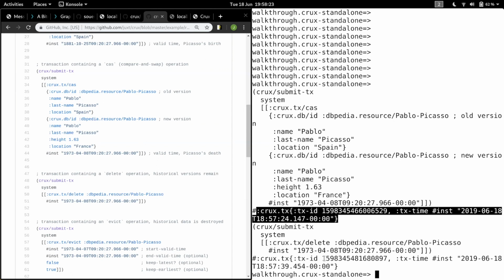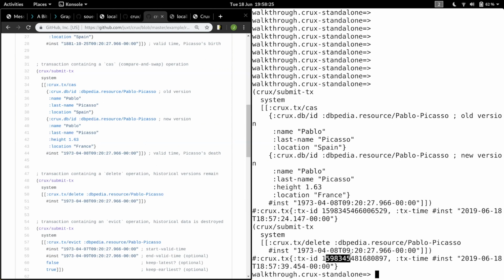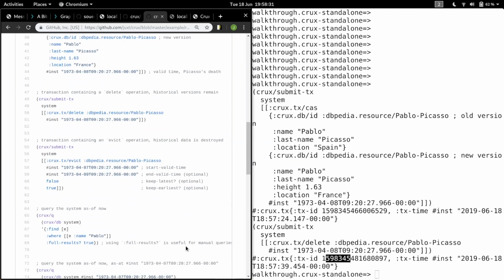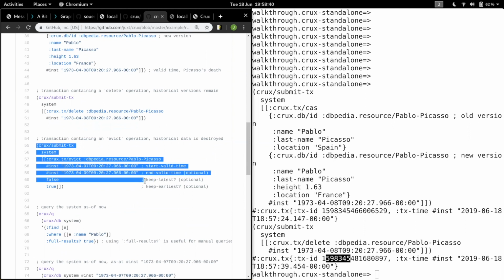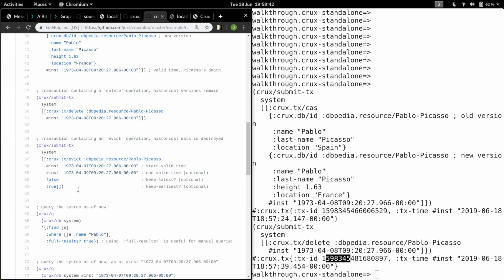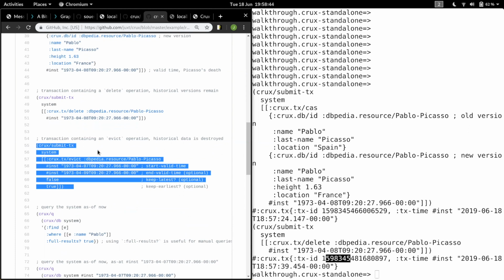And we know this worked because if it hadn't worked, we wouldn't be getting new transactions. So the transactions are submitted, but until now, we don't actually know that the ingestion has happened, the indexing's happened. It's not until we start to query that we figure that out. And I'll just do the final transaction, which is to evict. So I can pick start date and end date and decide whether I want to keep the latest, keep the earliest, and submit that as well, just to prove full eviction.